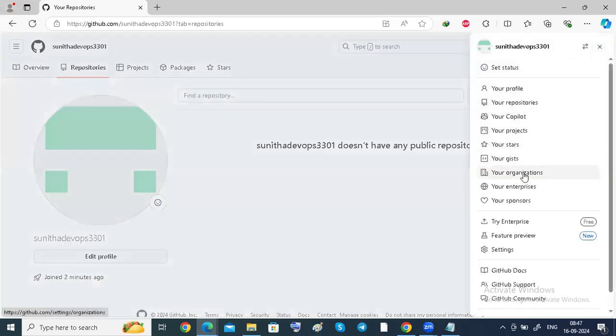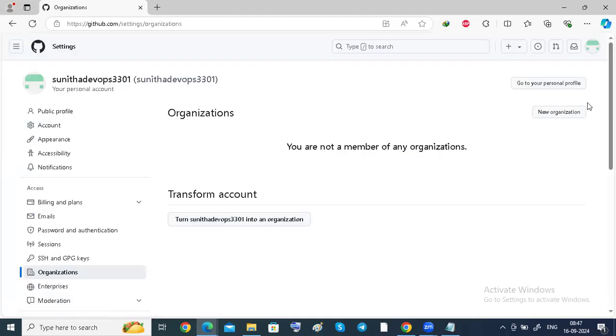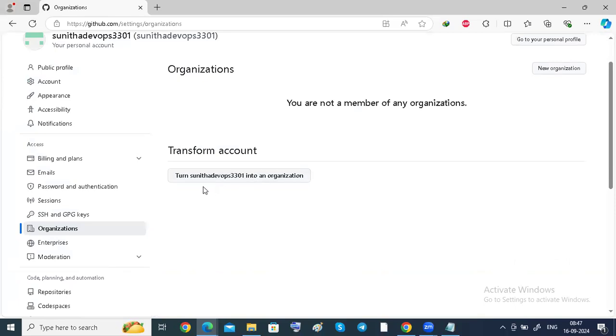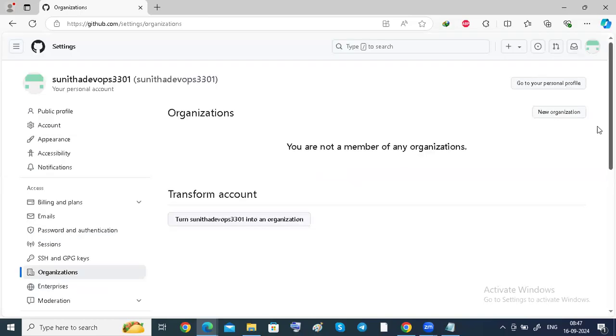See, here is your organization, guys. Here Sunita is the organizer. She is the one only. Like that, in a company, they create a company account, guys. See here, new organization like that, we have to create, but you don't need to use this thing. In industry, they create it with an organization name. Then inside the organization there are a lot of projects. Each project has repositories available, guys.